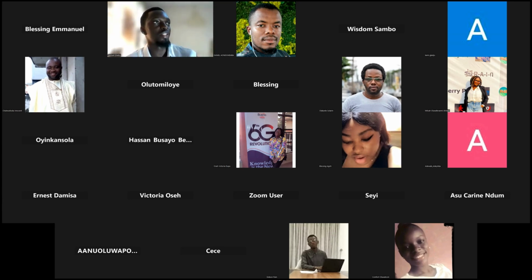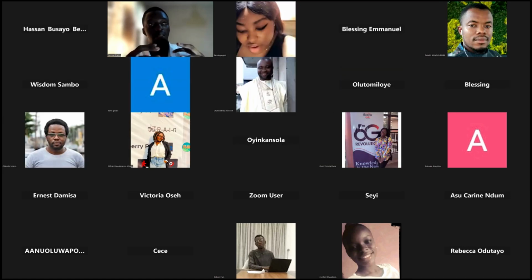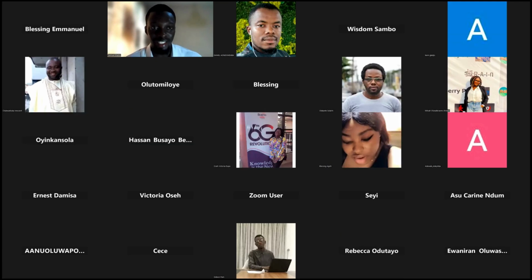So the definition I have here is: data science is a dynamic and fast-evolving field. It's an interdisciplinary field that combines statistics, computer science, and domain expertise. Can you see that? So data science basically combines these three. They're very major, guys. Please let's take note of this. Statistics. I'm very sure that some of you are already writing it down. At the end of this class, some people might decide that, okay, this is for me.